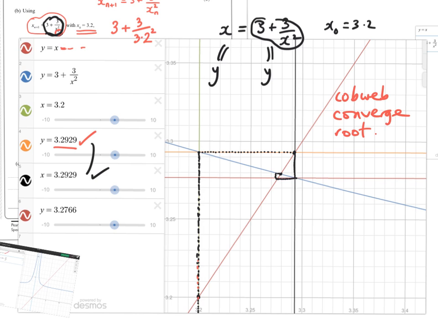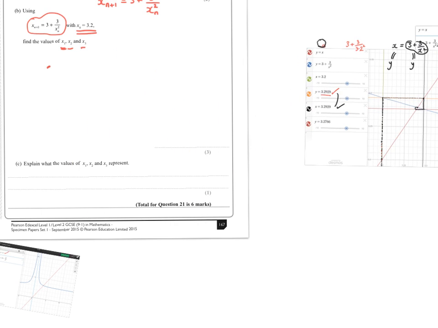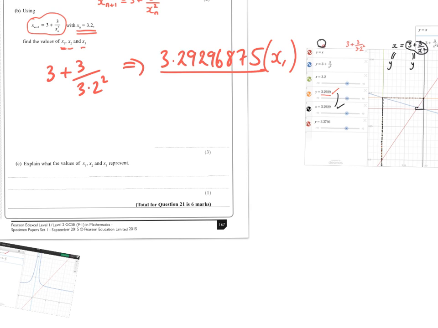So basically, if you just want a method, then skip this part and we'll go straight to what you would just do in the exam. So if you had these values here, you would say in your calculator 3 plus 3 over 3.2 squared, and I'll do that quickly. So 3 plus 3 divided by 3.2 squared, and I get 3.29296875. So that becomes our x1 value. Then we put this value back into the right hand side again. So what you can do is you can just type in 3 plus 3 divided by ans squared, ans being your last thing you had in there, and you'd get